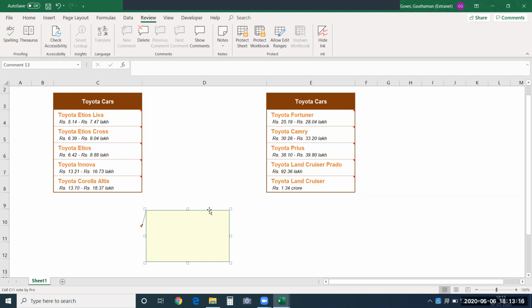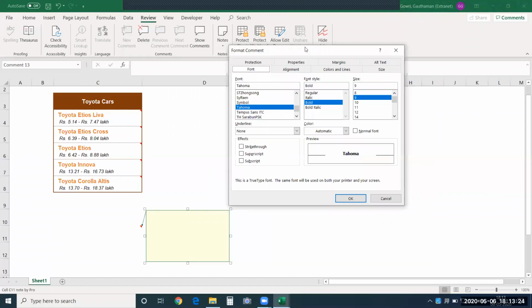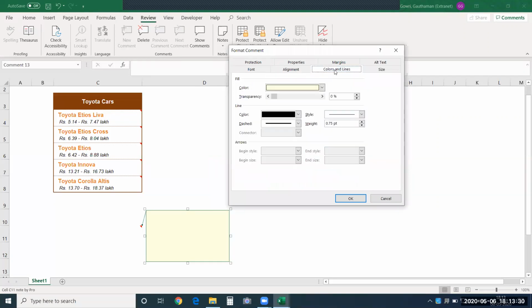After you have selected it, right click, click on format comment. You will get this window. In this window, we are going to choose colors and lines. Over here we have color, we have line. I'll remove line. We don't want any border to our image.